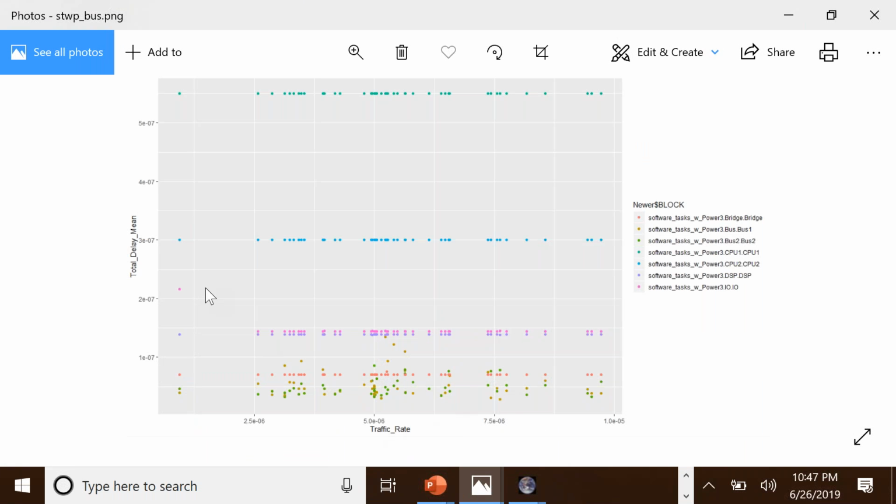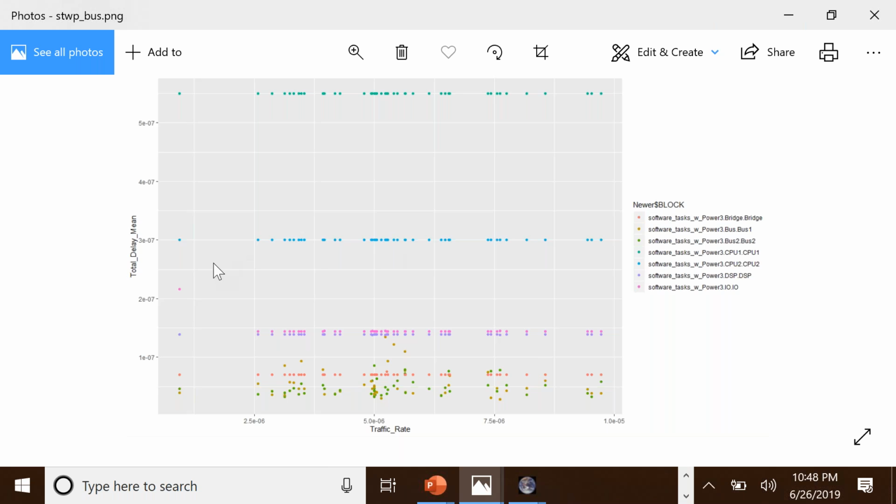The other one can be that I'm looking at traffic rates as I keep changing the traffic rate. How does that delay change? So, for example, over here, you can notice, irrespective of the traffic rate changes, the delay doesn't really get affected across these subsystems. So, if you look at the green one, which is a bus and it's got the highest latency, it doesn't really change that much when you go from one type of design to another type. So this is something that, I'm sorry, when you go from one traffic rate to another traffic rate in terms